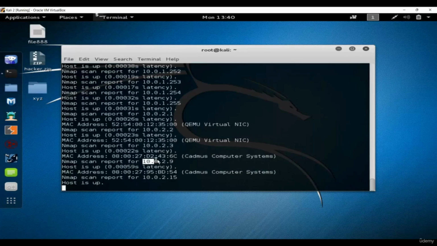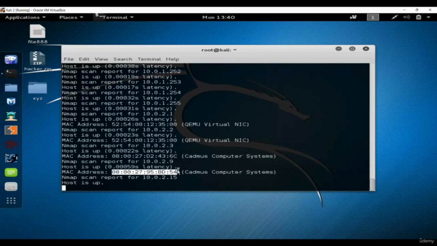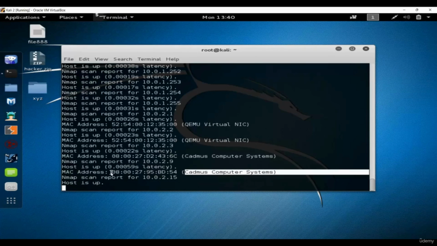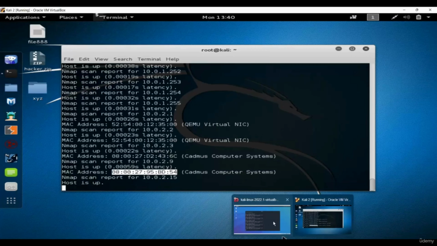The one is 10.0.2.9, which is a newer version of Kali, and this one is the system which we are working on, right? And you can also see their MAC addresses. So this is the MAC address for this system, and this is the MAC address for our current system, where we are working right now. And you can see the name of the company which has assigned, which has created this MAC address. So here we got the quick results. Now let's move to the